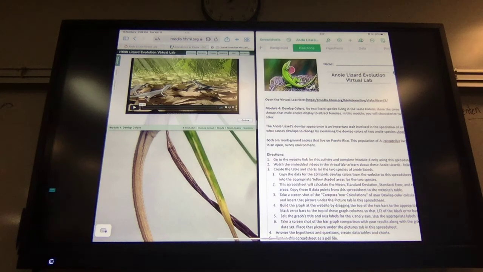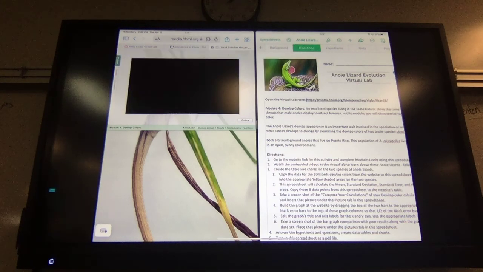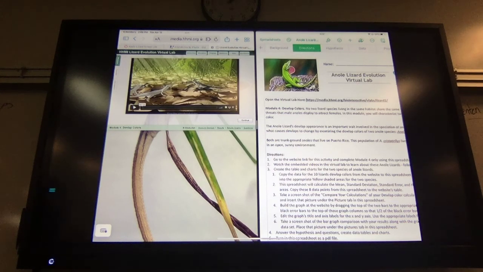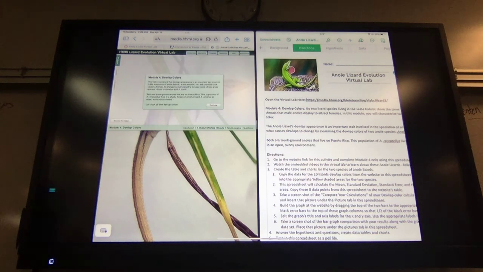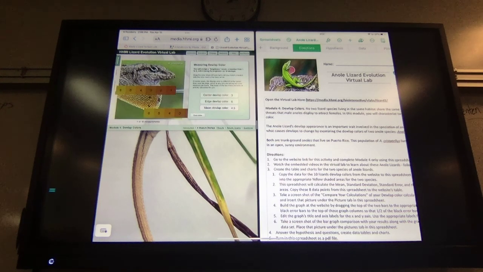So we are on module 4 once again, and when you click on module 4, it's got this opening video that we just saw, so I'm going to click continue. So the video explained the dewlap appearance is important because it is a mate selecting reproductive isolation technique for each species. So we're going to click,